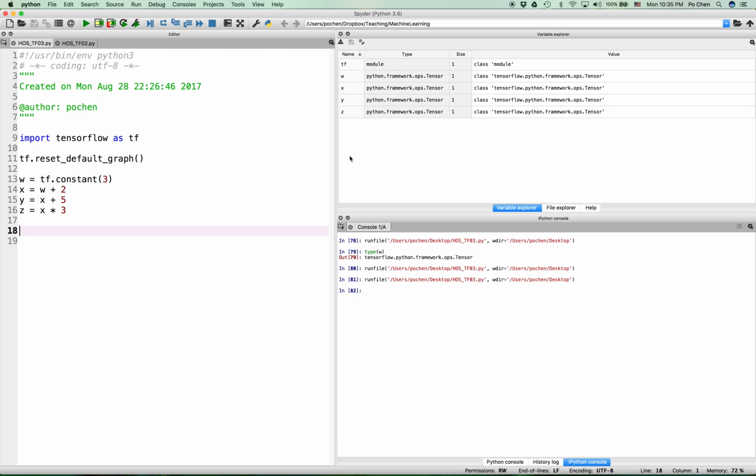Let's just run it and see. They are all tensors. The 4 names w, x, y, and z are all tensors. And now let's start a session to evaluate y and z. So we're going to start a session here using with, as, right, and then